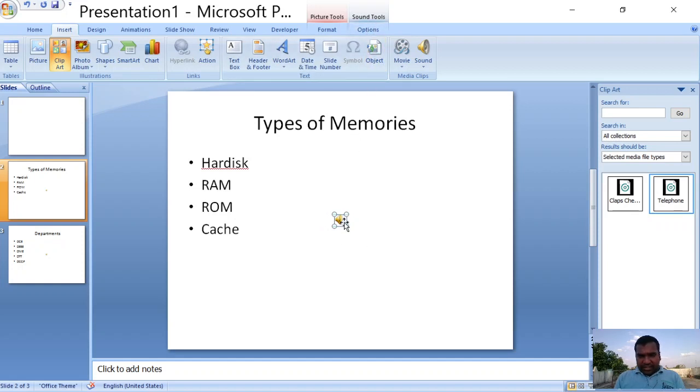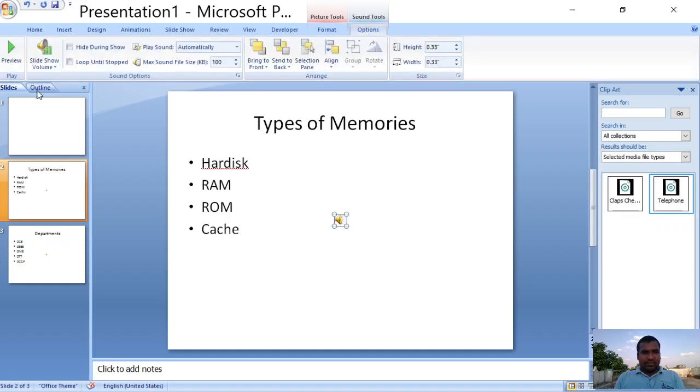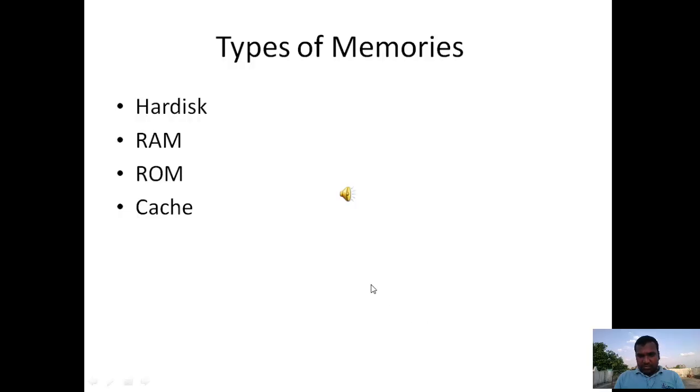Whenever you click on the sound icon button, options are there. Here, loop until stopped: if I select this one and then click on the slideshow, the sound is repeated, you can observe.